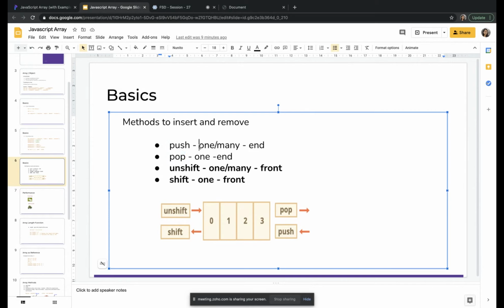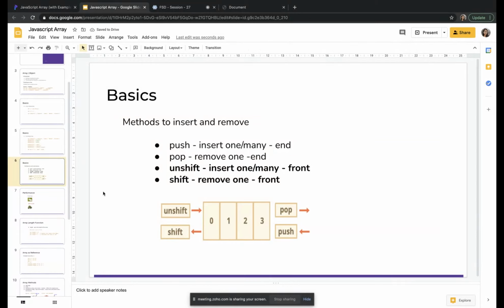Insert one or many, remove one. While removing, shift also removes only one element from the front.